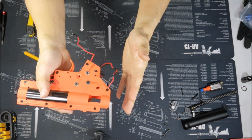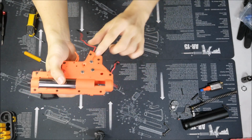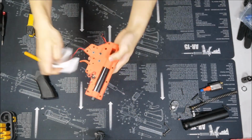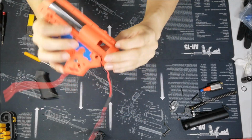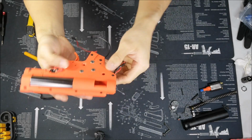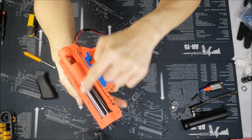All the bearings, or rather they are bushes, not bearings. So yeah, it's very nasty here. Right, let's see. The gearbox looks pretty sturdy, but however, a very big minus point, all the screw ports here